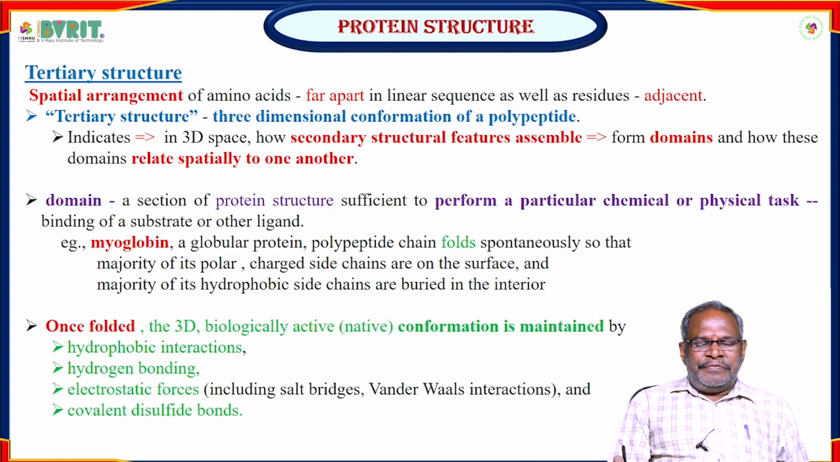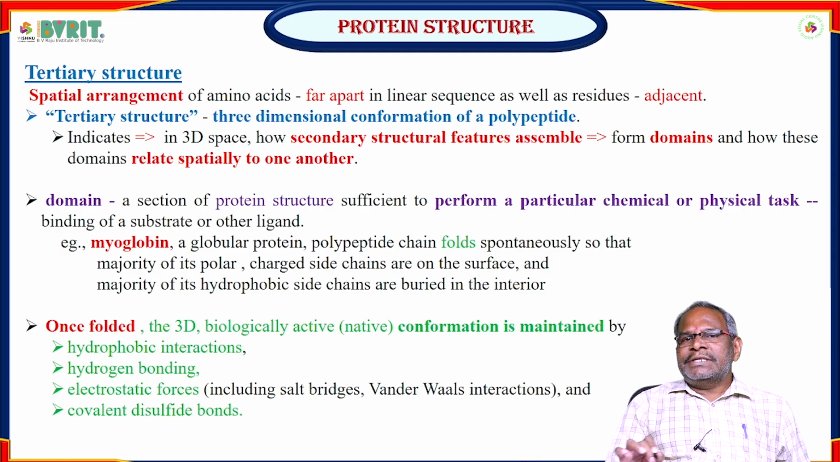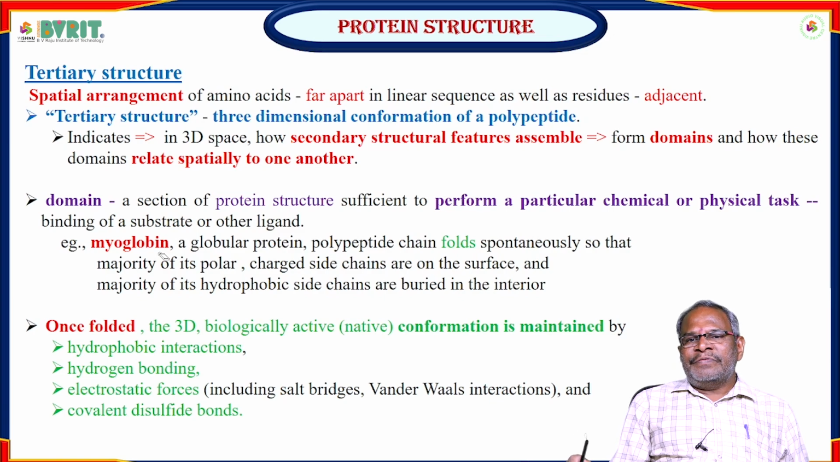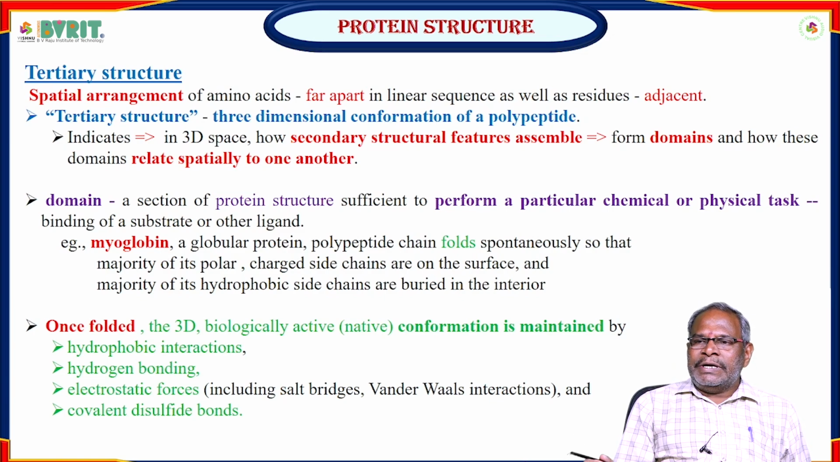Here we take the example of myoglobin. For explaining the tertiary structure, we are taking myoglobin as the example. What is the advantage of the tertiary structure compared to the other structures? Once folded into the 3D structure,